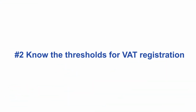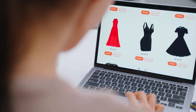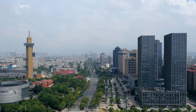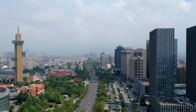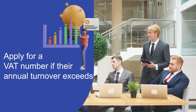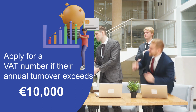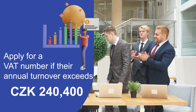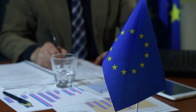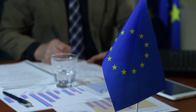Secondly, know the thresholds of VAT registration. Registering for Czech Republic VAT is necessary when performing taxable transactions such as distance selling via the internet. The registration threshold, however, differs depending on where your business is headquartered. For EU-based e-commerce sellers, you must apply for a VAT number if your annual turnover exceeds €10,000 or roughly CZK, which is the Czech Republic koruna, 240,400. This EU-wide threshold, implemented on July the 1st, 2021, was part of the revised cross-border trade rules on VAT